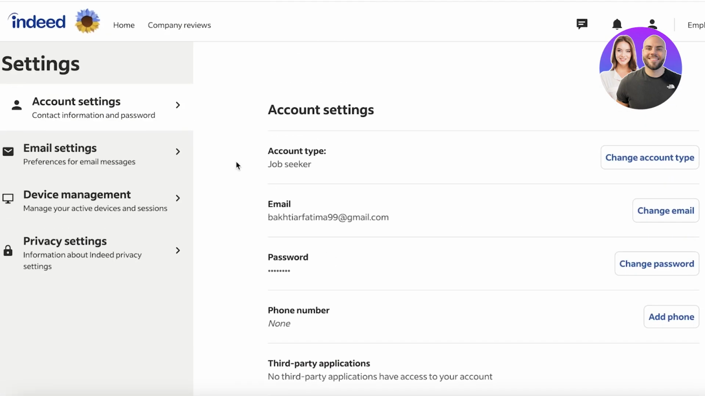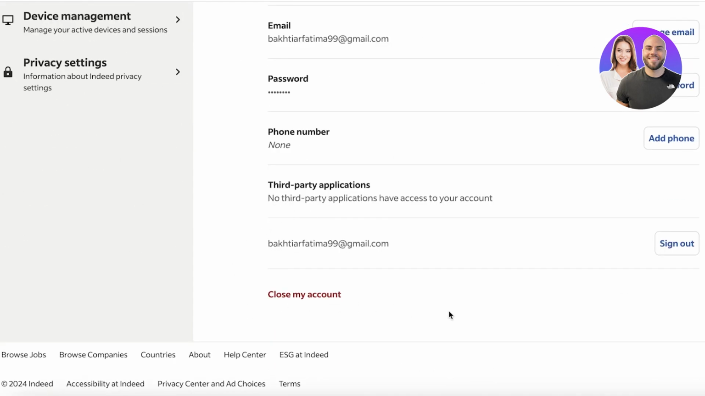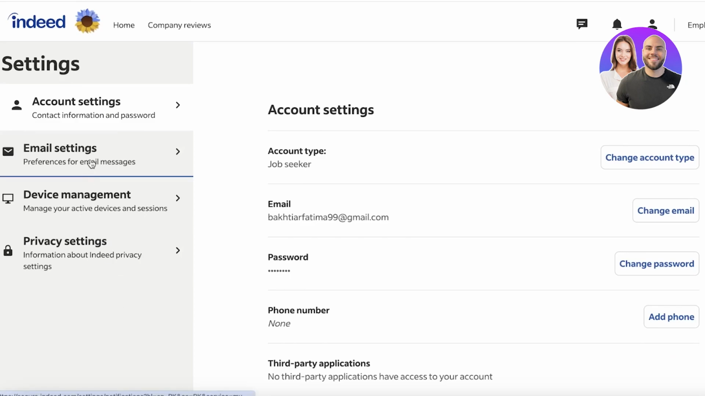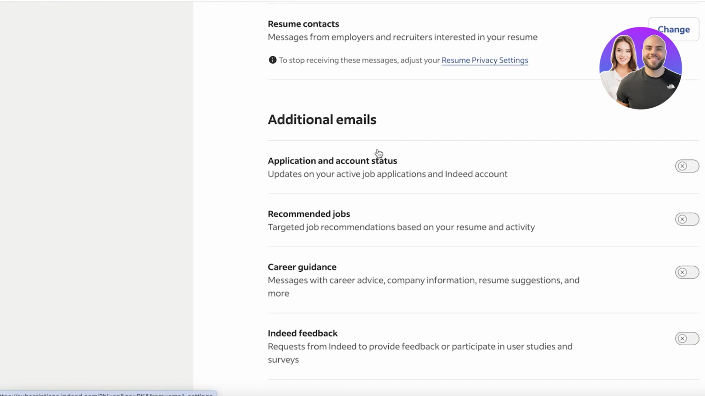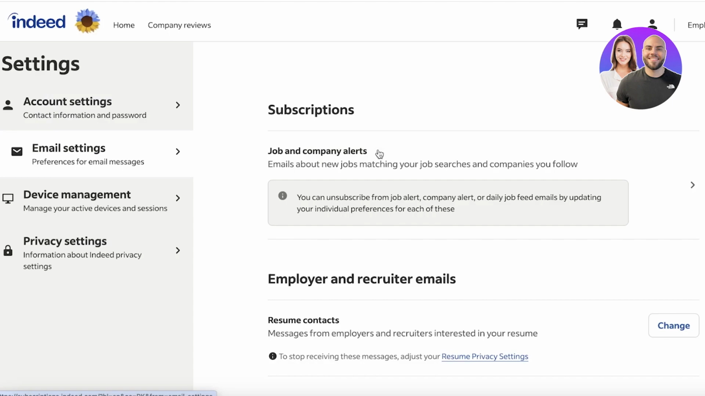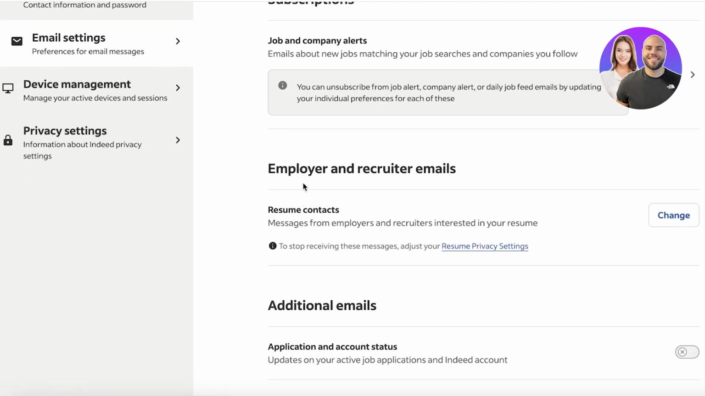Plus, if you ever are uncertain about Indeed, you can go into your account, and if you're looking to close your account, you can go into settings, scroll to the bottom, and close your account from here. Then you even have some email settings, so you can choose to not receive any additional emails. You can also have employer and recruiter emails where you can get messages from employers and recruiters that are interested